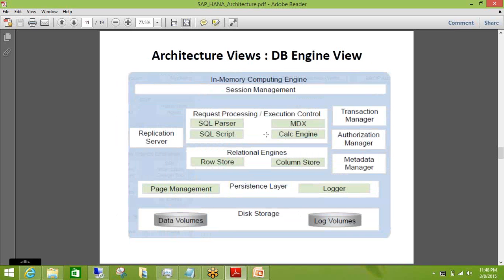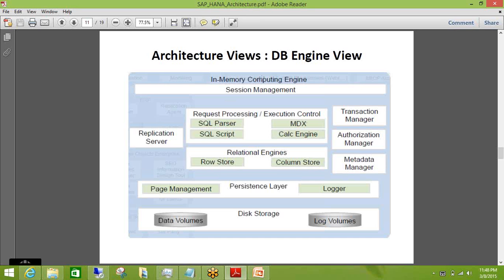Now, from here, there will be a few slides. Just pay attention. What I am trying to do here is, when you are doing a certain activity, be it reporting, modeling, database or admin, which components out of this HANA architecture you are leveraging, that piece I am going to tell you. Just pay attention to it. It is a very easy slide, so you will be able to recognize what I am trying to say.